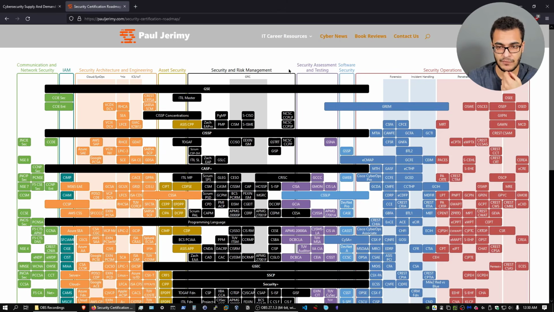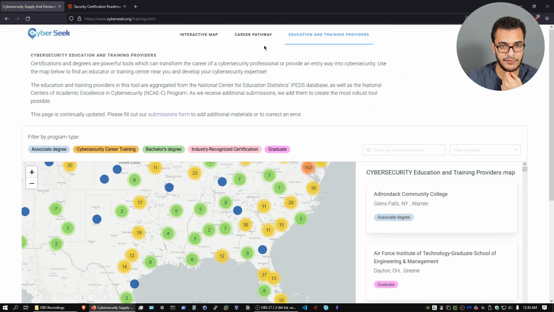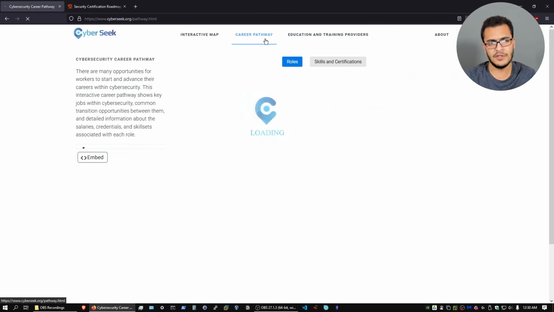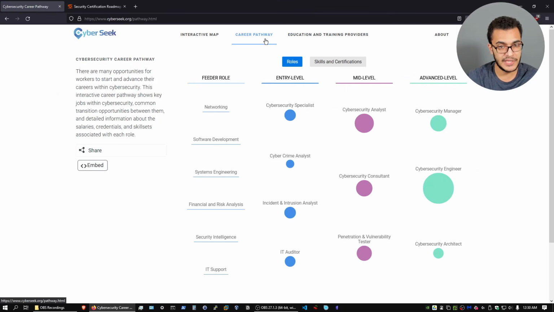And as I said, you really don't need to get all certifications. Use the CyberSeek resource to get an idea of the topmost certifications that will get you a job. And then after that, you can get the other certifications that you are interested in or that will enhance your skills to a certain degree. Because the truth is you need to deal with HR departments and the hiring process, and they take certifications quite seriously. And that's not something that I like.